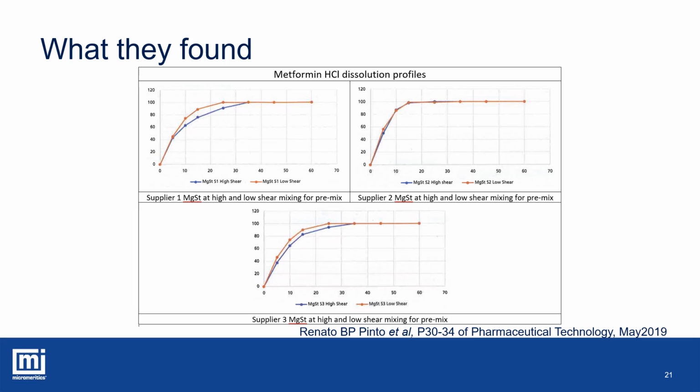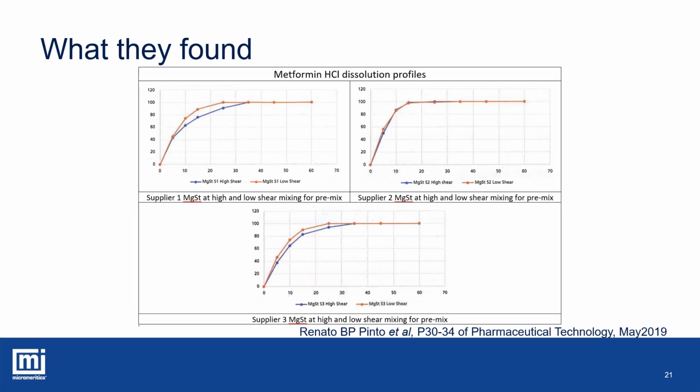This is a little surprising, as it's expected that the dissolution of the final tablet will be slower when mixed with a magnesium stearate with a higher surface area. This is due to the fact that mag stearate is hydrophobic and it coats the API, slowing water access and therefore dissolution. The paper goes on to discuss the differing effects of shear rate,